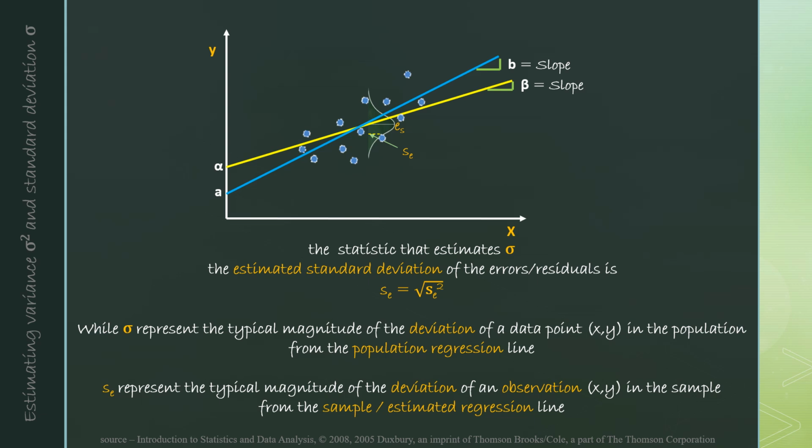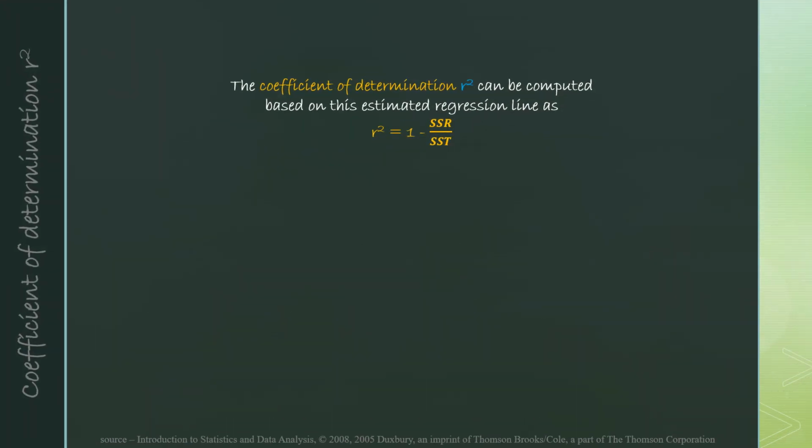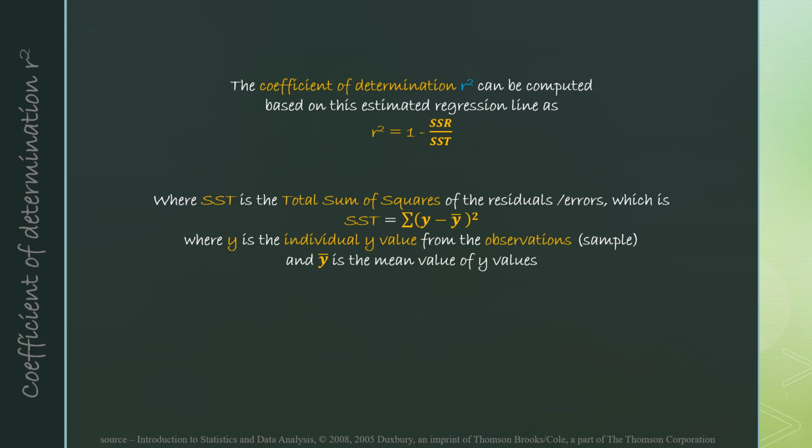The larger the SE, the farther away the observations are, and the smaller the SE, the closer the observations are to the regression line. The coefficient of determination R square, discussed in our previous lecture, can be computed based on this estimated regression line as R square equals 1 minus SSR divided by SST, where SST is the total sum of squares, given by SST equals sigma (y minus y bar) the whole square, where y is the individual y value from the observations or the sample, and y bar is the mean value of the above